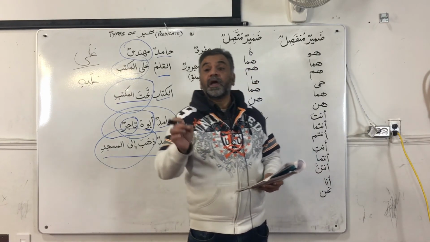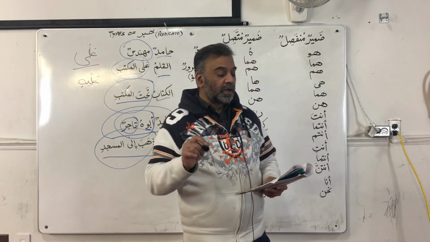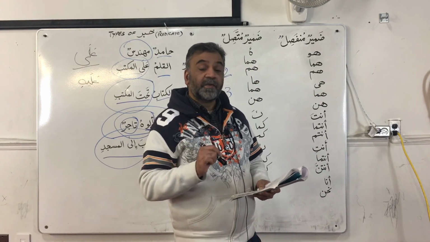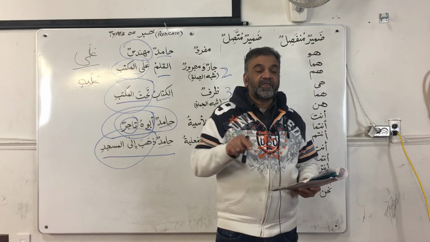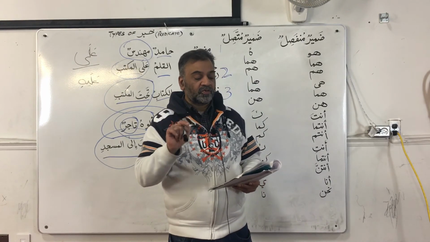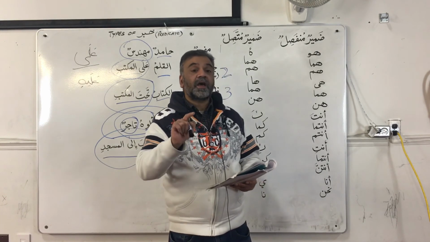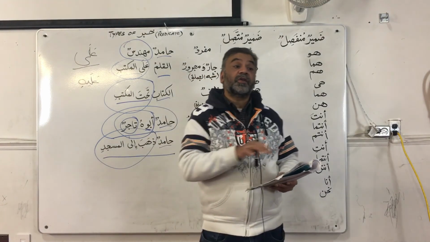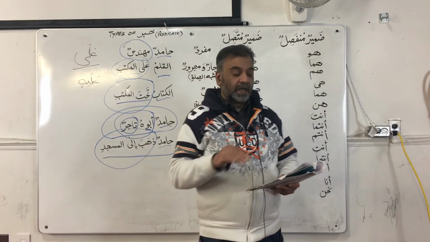So Muhammadun, Khalidun, Hamidun, Abbasun, Mahmudun. But when it comes to Hamza, it ends with a ta. We say Hamzatu, Talhatu, Usamatu, Muawiyatu, Ikrimatu. Now they are all diptotes. They don't decline completely.